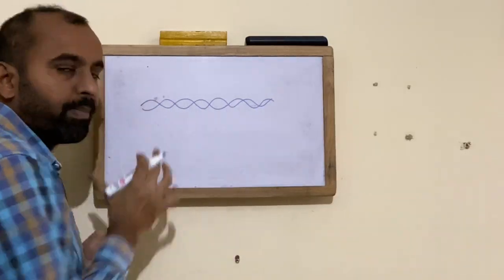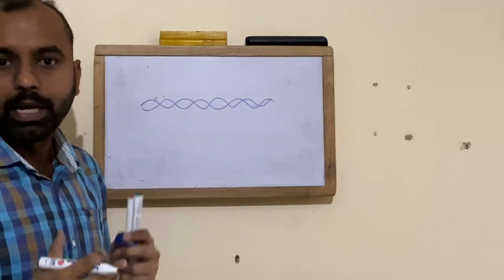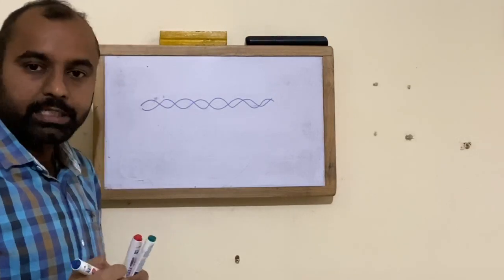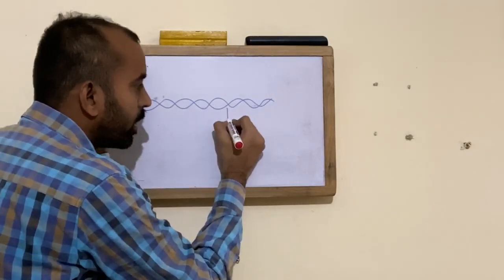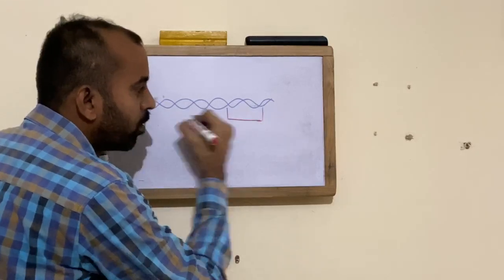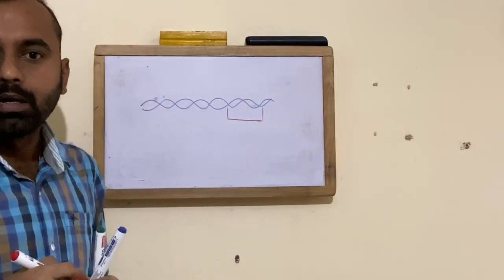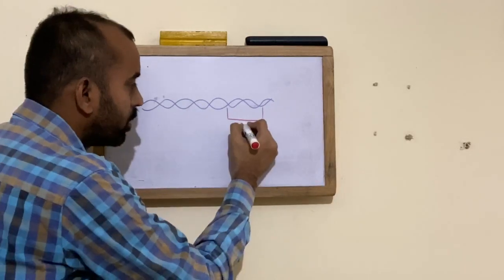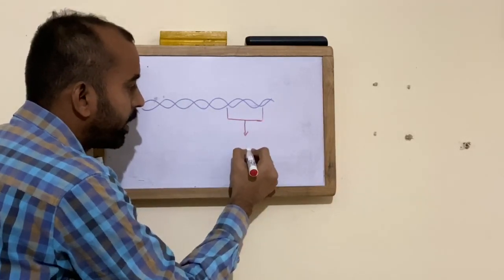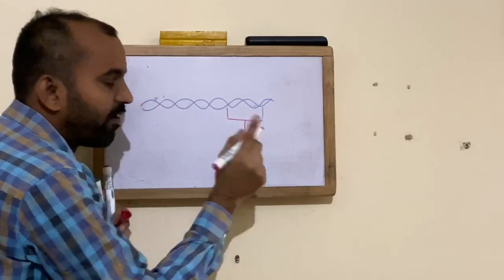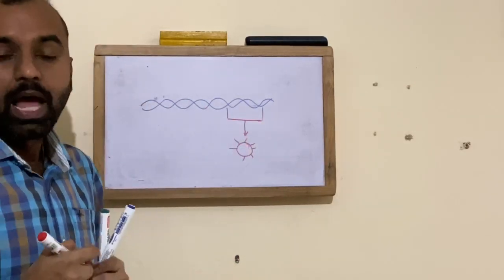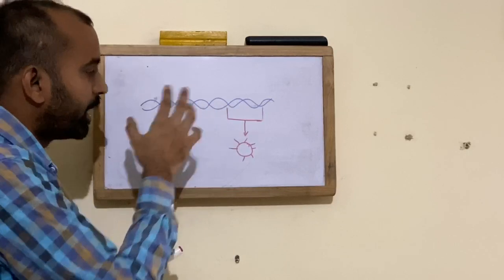Now this is a complete genome of your hepatitis. Out of this complete genome, I identified that only a certain portion of the genome is responsible for production of proteins. That is the surface protein, that is called the spike protein. This is the first step of your identification of the gene.